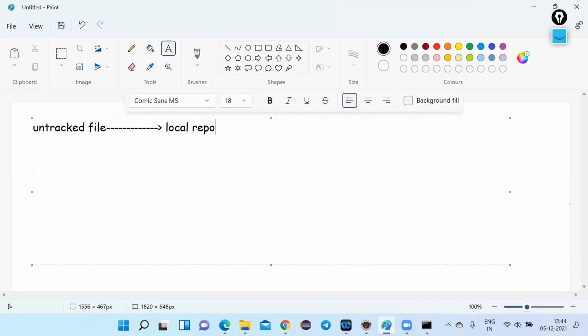Unless it is available in the local repository, you cannot do that. Let's say the untracked file, when committed to the local repository, has changed into a tracked file, and you did modifications to the tracked file. Just like in the hello world.java, we added sys out, just like some code we did. So now the file status would be modified. So this is how the status goes: untracked, tracked, followed by modified. The initial state would be untracked. When you commit it to the local repo, git would be tracking all the changes. So in the remote repo, if you click on the commit message, you can see the differences between the previous one and the new one. So this is how you need to commit the code.